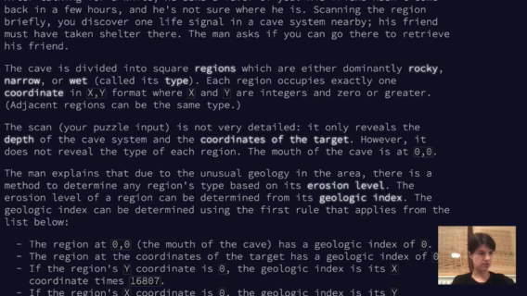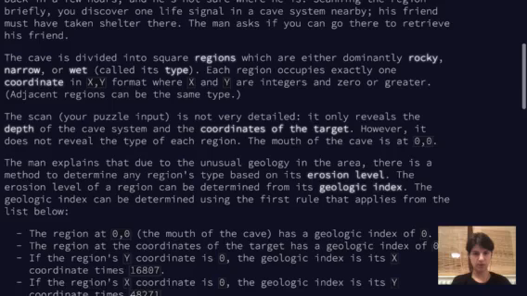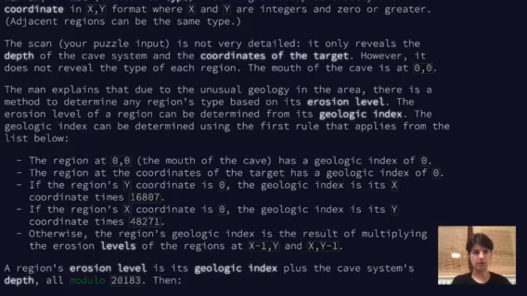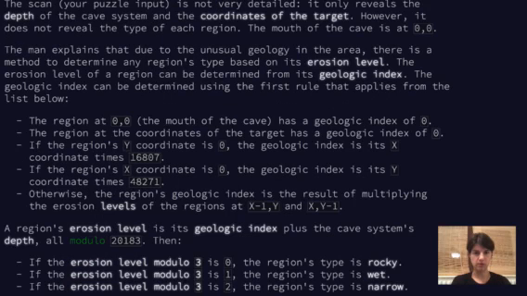The man explains that due to the unusual geology in the area, there's a method to determine any region's type based on its erosion level. The erosion level of a region can be determined from its geologic index. The geologic index can be determined using the first rule that applies from the list below. Alright, so 0,0 has 0. Now the region at the coordinates of the target, okay, so the target